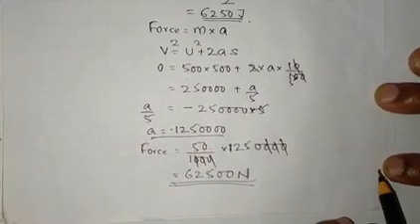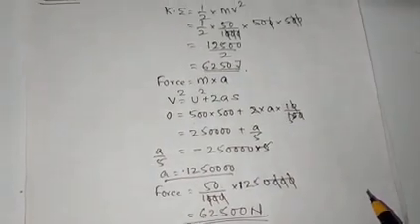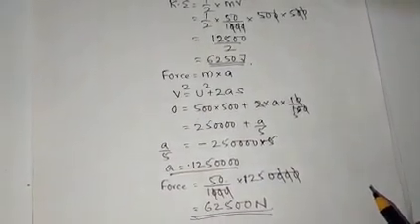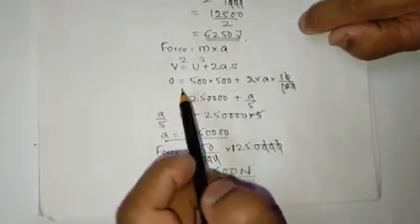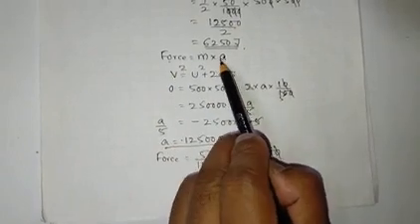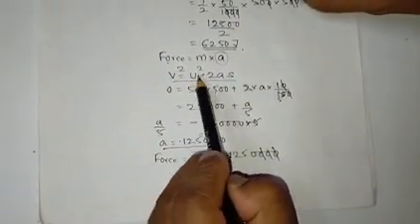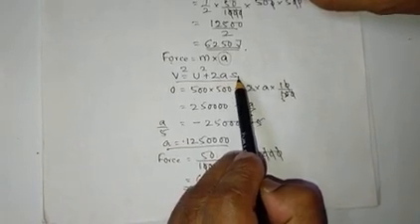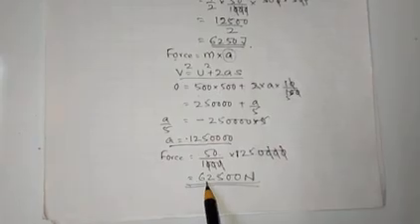So again, this is a very important numerical, because over here mass was given, initial velocity was given, displacement was given, final velocity was given. I needed to find the kinetic energy, half mv square. Then I needed to find the force, and for force I need acceleration. Acceleration I found out by the formula v square is equal to u square plus 2as. Then I found out the force.